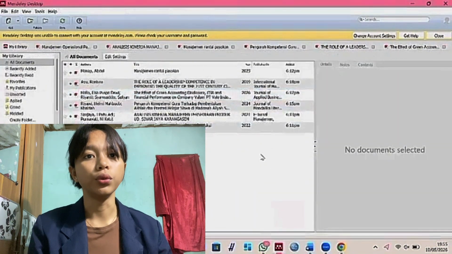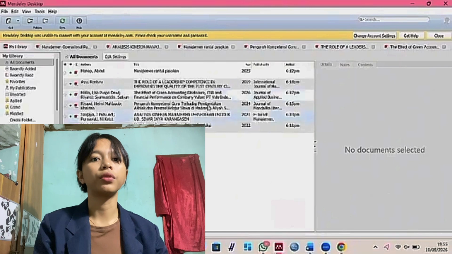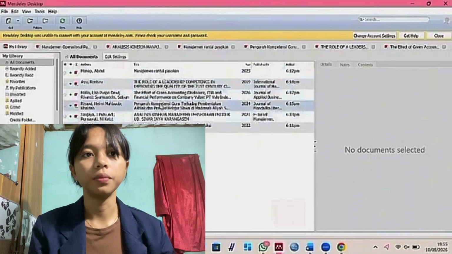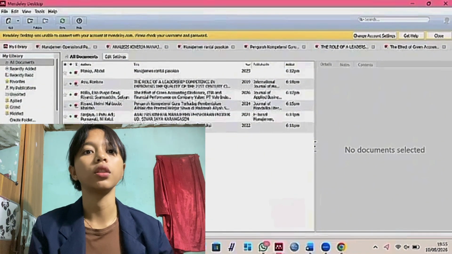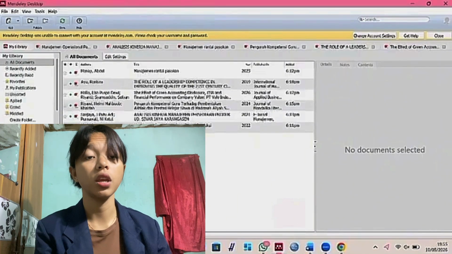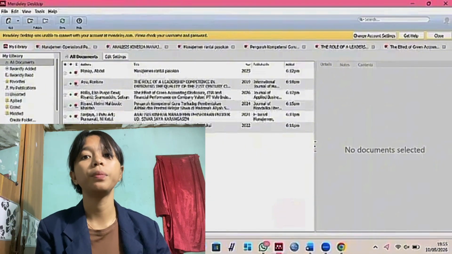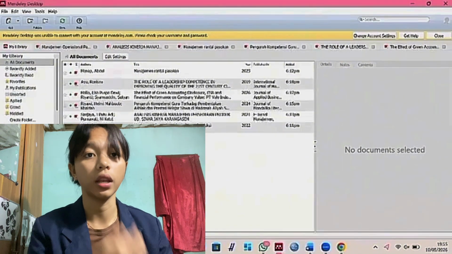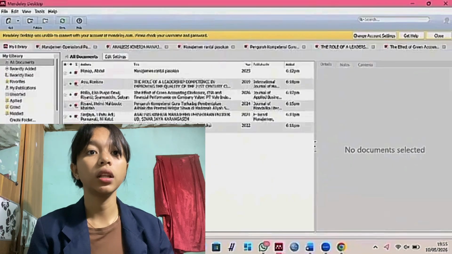This is absolutely important. Sometimes Mendeley reads it as a journal article by mistake. If so, manually change the type to conference proceeding. Why? So that the bibliography format will be correct and consistent later on.